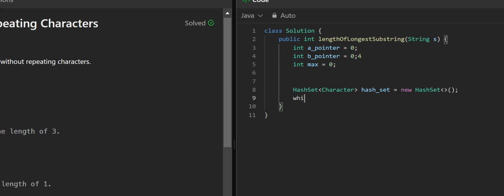So while our right pointer is less than the string's length, we'll move forward. We'll check if our hash set, in which we are currently storing elements, contains the character at the pointer.